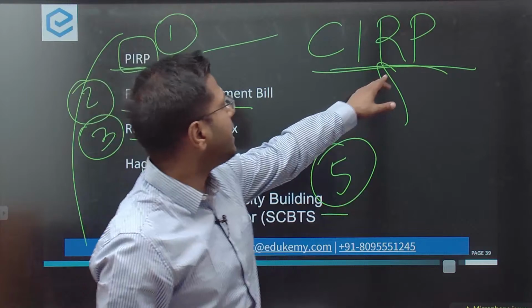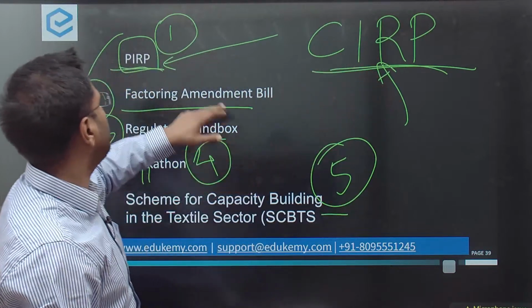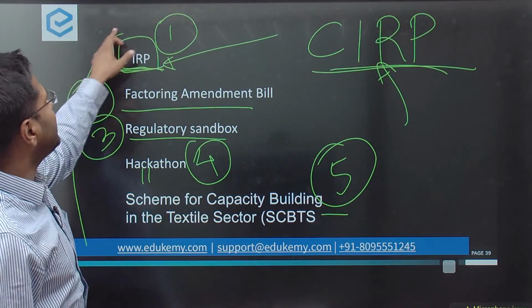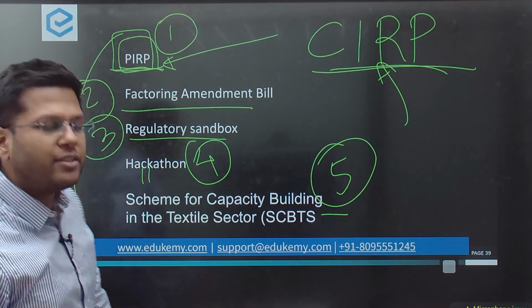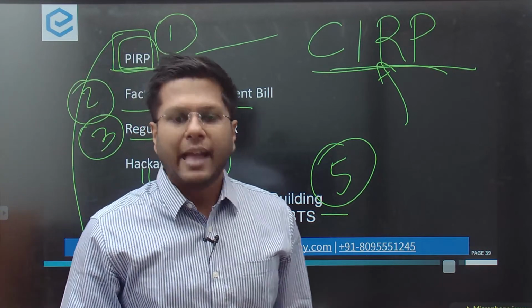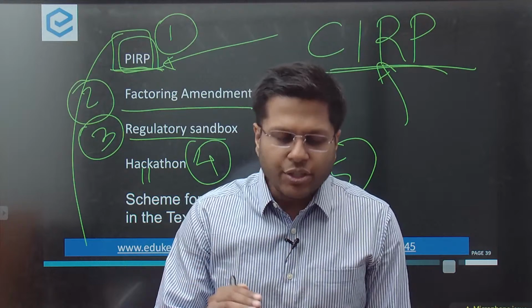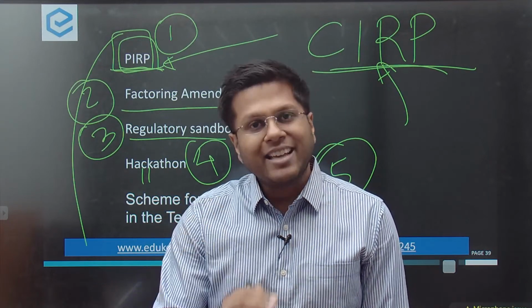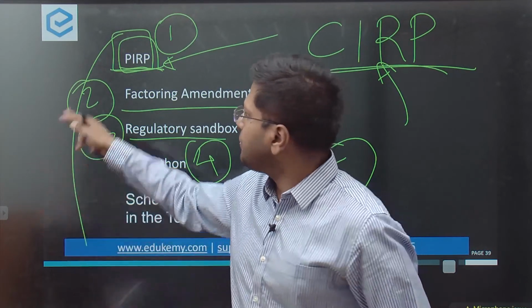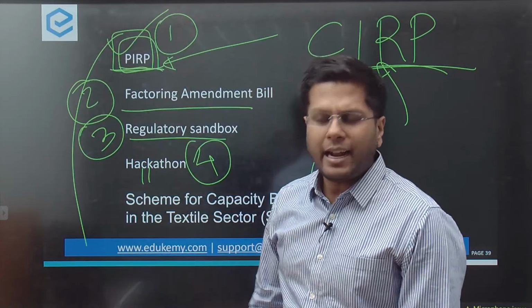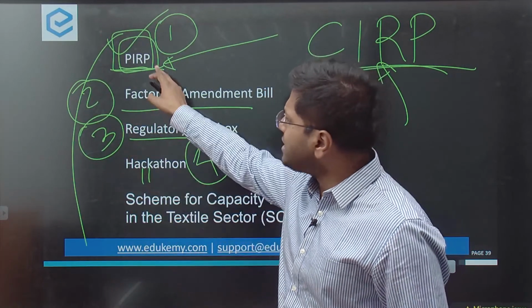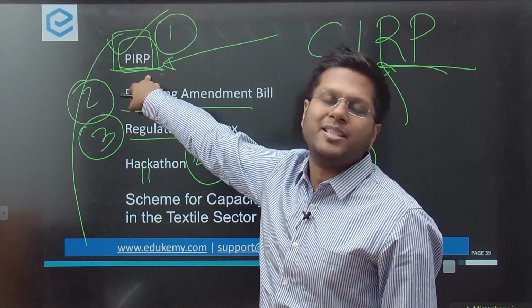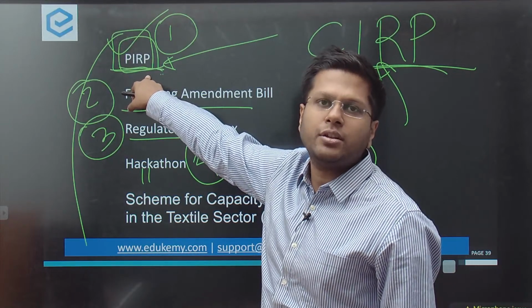What is the idea? This is CIRP. But in case of MSMEs, a pre-packaged insolvency resolution plan will be introduced. It means that selling will not be there, restructuring of debts will be there. There will be a lesser penalty for people who are in this, and in case of MSMEs, this is an advantage: pre-packaged insolvency resolution.